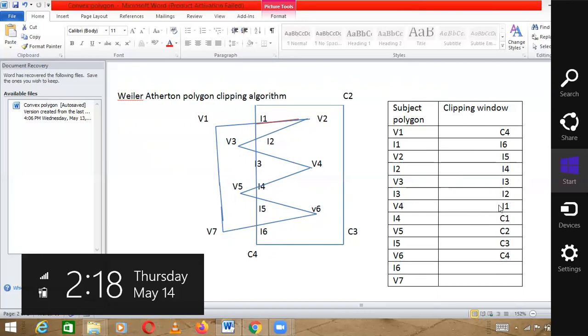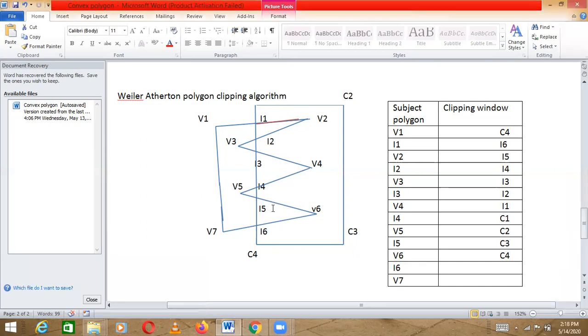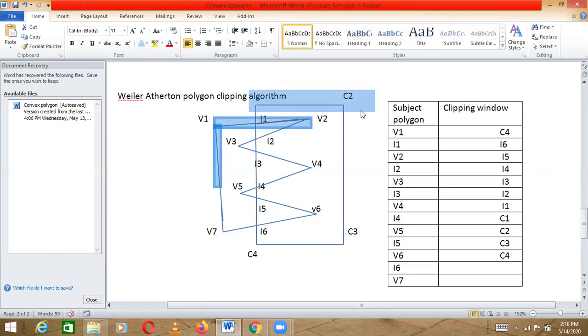So we have written all the intersection points in descending order. After writing all the intersection points, now we will write all the clipping window points: C1, C2, C3, C4. So all the points are also written here. Till now we have made two columns, subject polygon and clipping window.